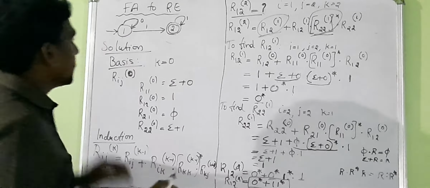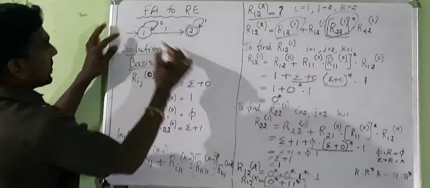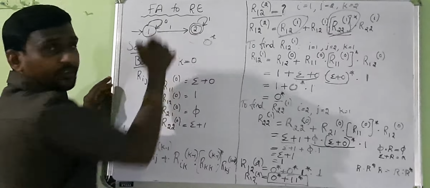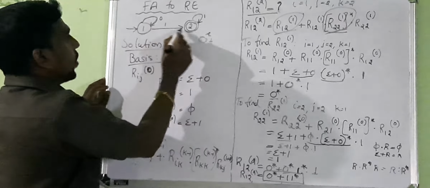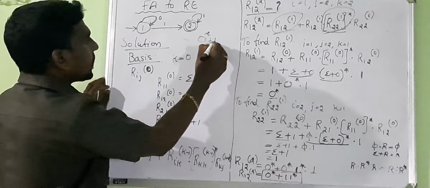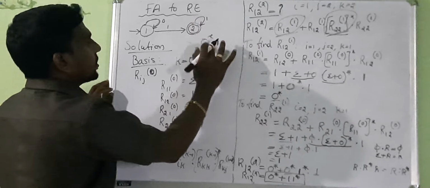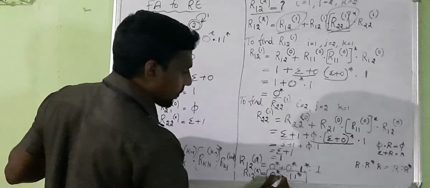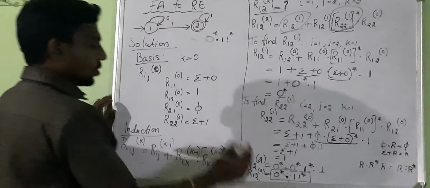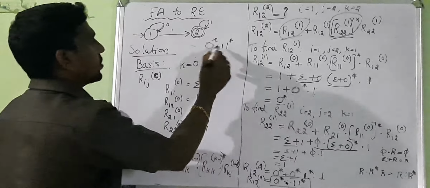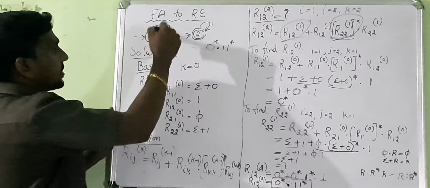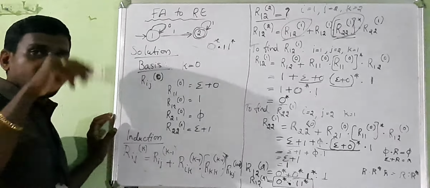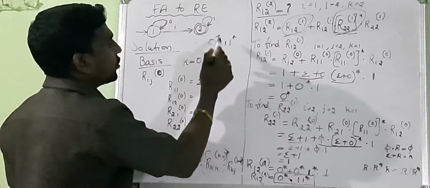How we can check this answer is correct is, for two states, see 0 the whole star means 0 star. I will get 0 star because 0 number of times. Plus it is 1, right? So it is 1 star, sorry, into 1 star. So I will get 1 star. So the answer is 0 star into 1 star. How we can check? This is 0 star into 1. This is 1 star into 1 star, because closure properties means star. So 0 star into 1 star.